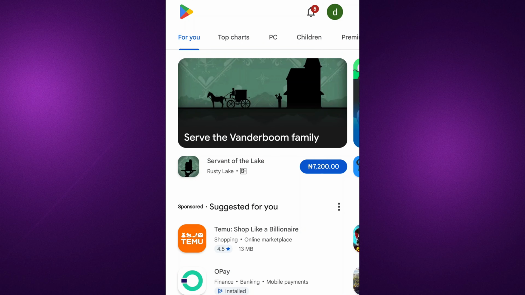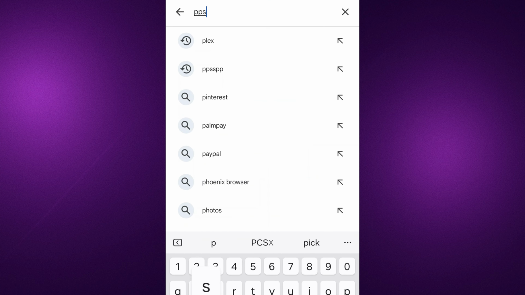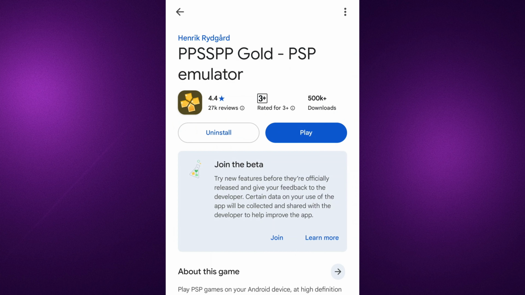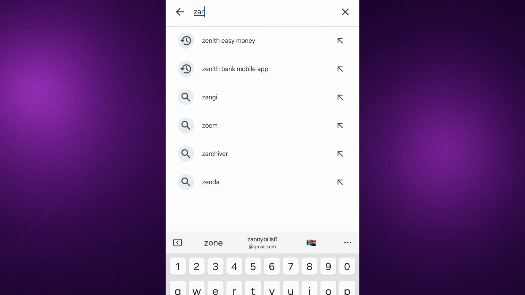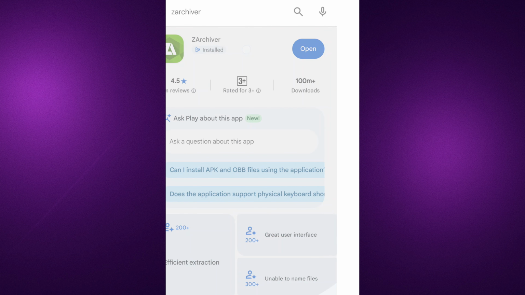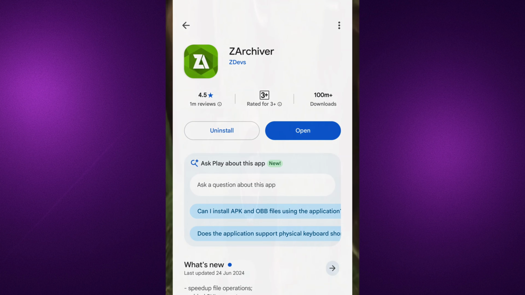To get started, open your Google Play Store app and then search for PPSSPP. Now you can either download this normal version or you can download the golden version, so it's pretty much any one of your choice. Then once you are done with that, search for Z Archiver. This is very important. This app is super important. Make sure you download this to your device. Once you are done, open your